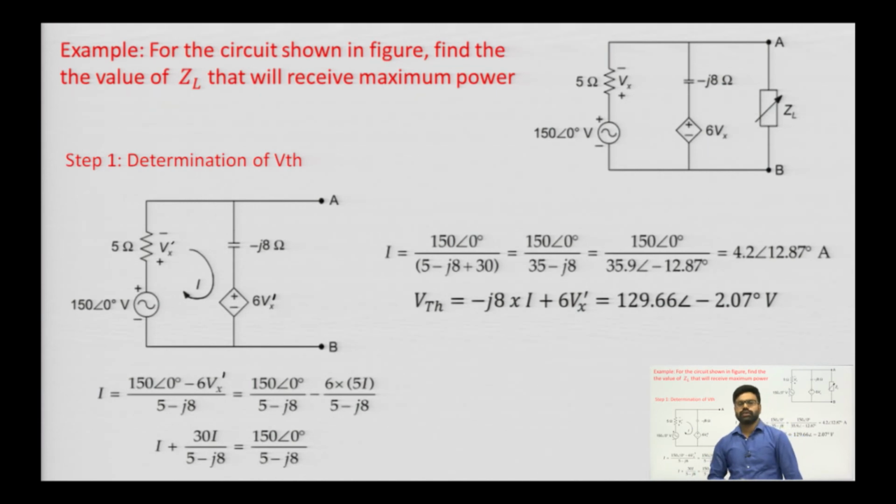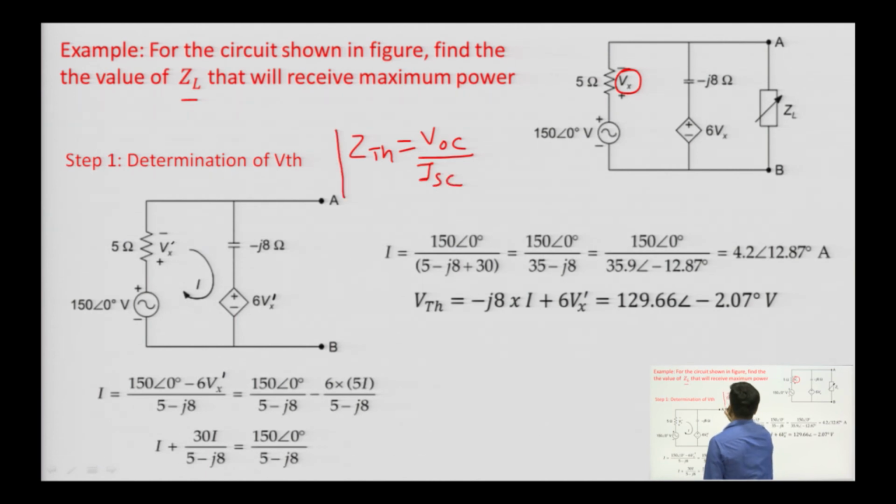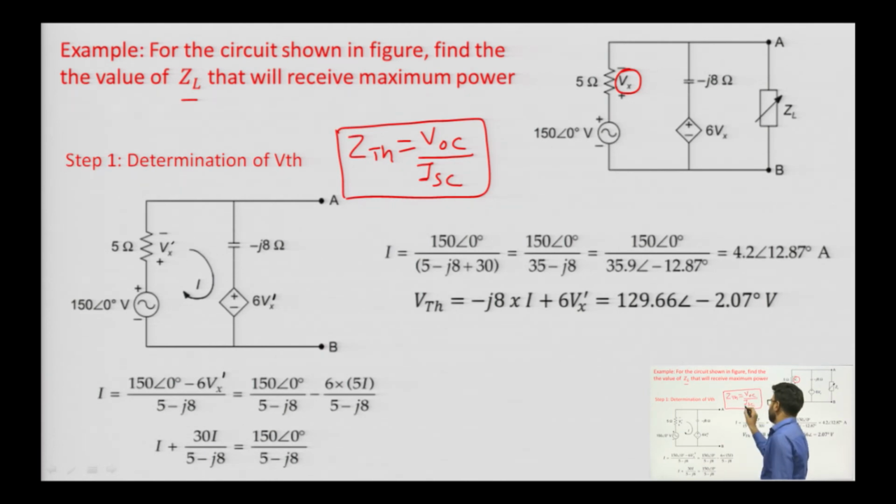So, this is another question in which we need to find the value of ZL, and also find what the maximum power will be. Now, to find the value of ZL in case we have dependent sources also, Vx is a dependent source. So, if we have a dependent source, then in that case ZTH is given as the open circuit voltage, which is the Thevenin voltage, divided by the short circuit current. So, this is the impedance we have in case the circuit involves dependent sources.